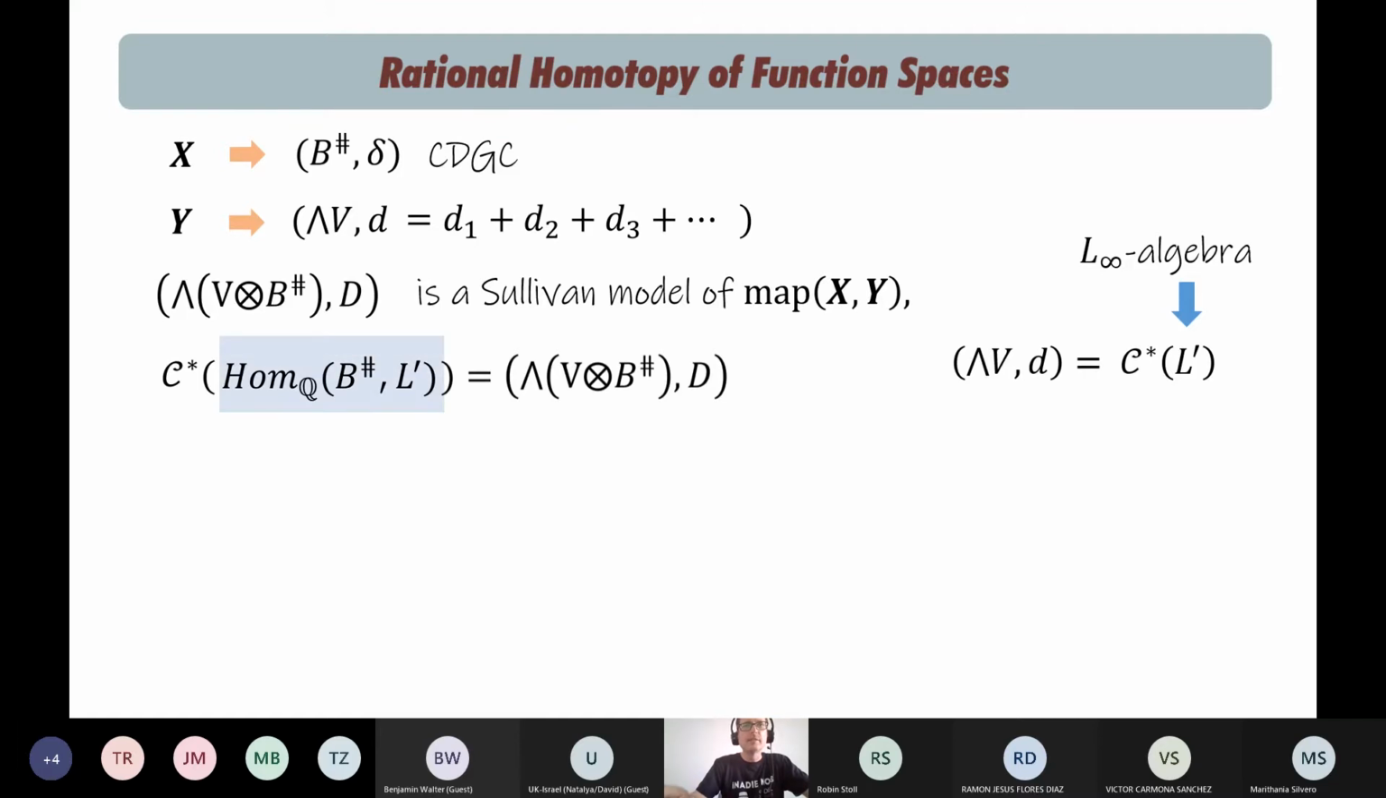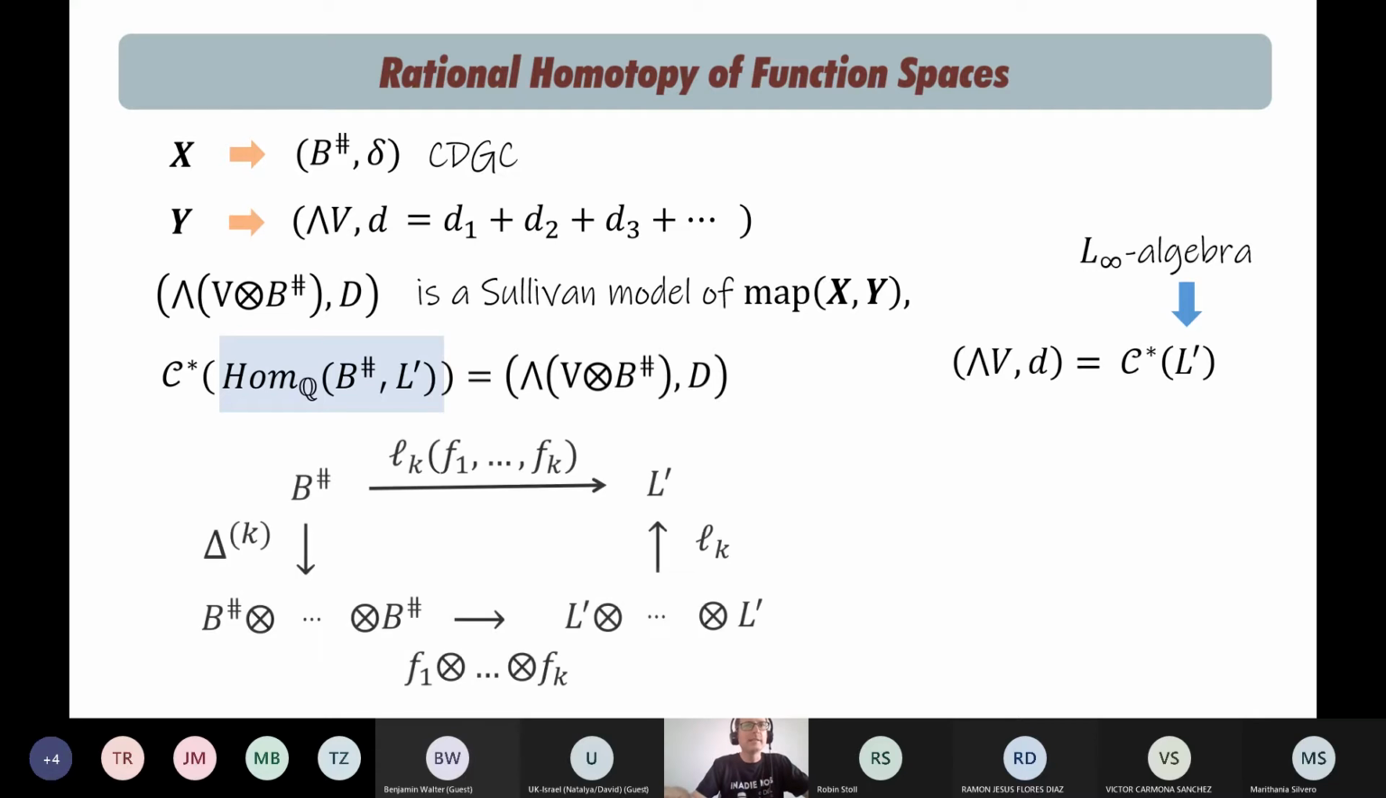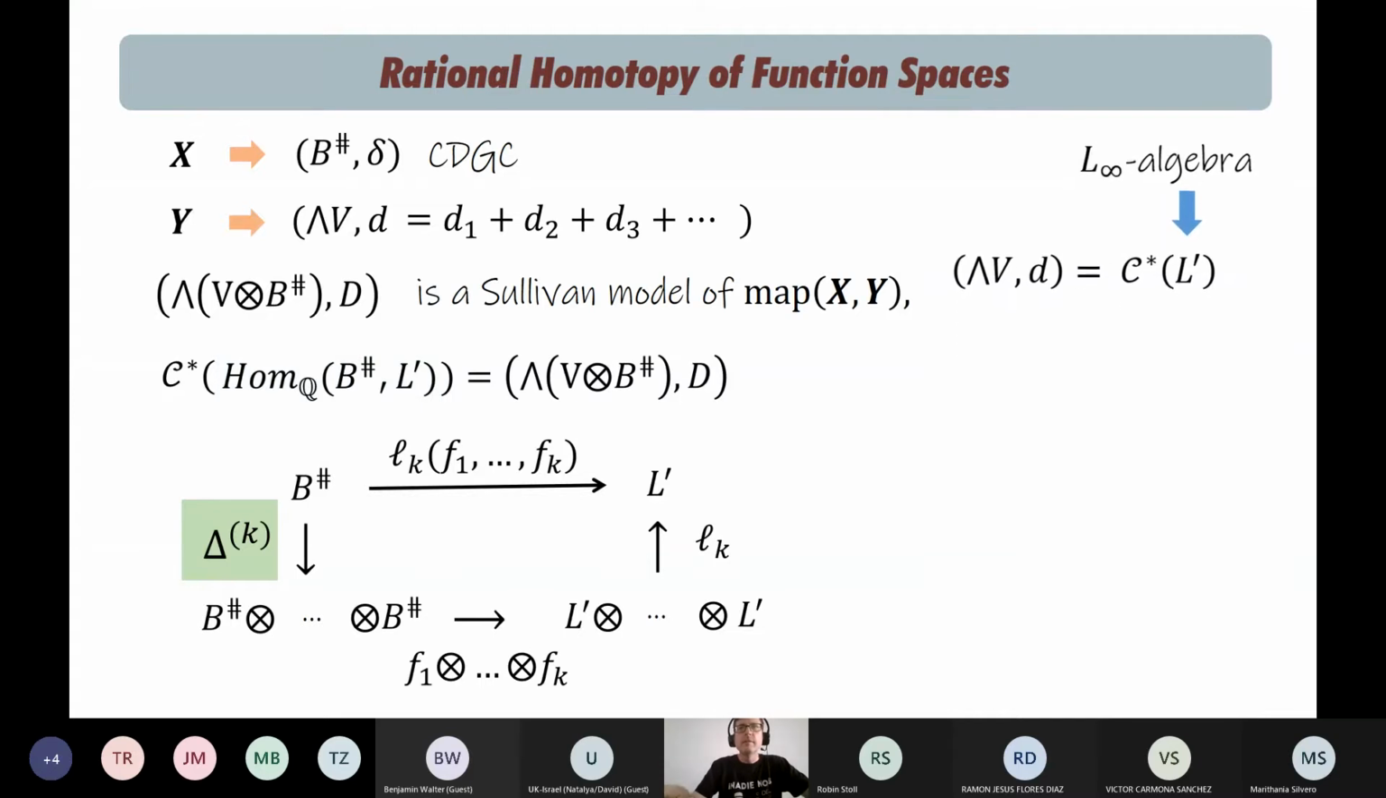Well, let's see. First, the differential is the usual differential, but in order to define here a higher bracket, we use the iteration of the comultiplication. So this is not the structure of an infinity coalgebra. This is simply the iteration of the coproduct, and it does not depend on the order because it's coassociative. So